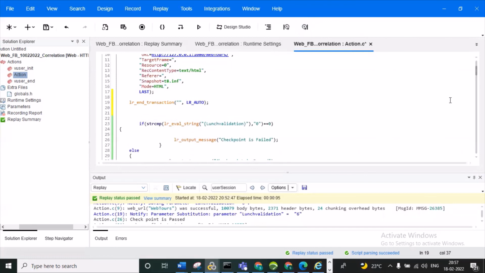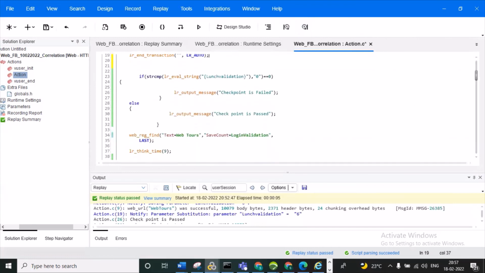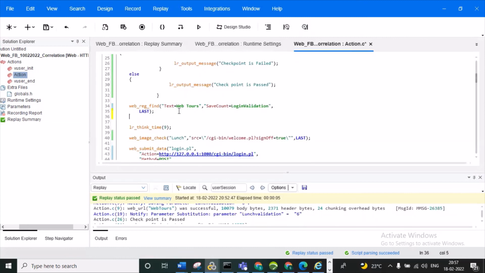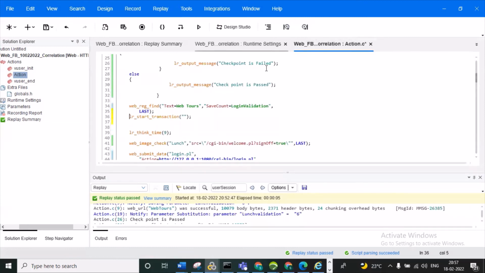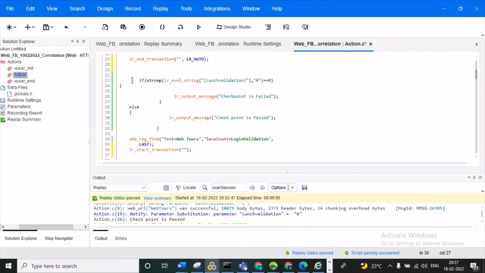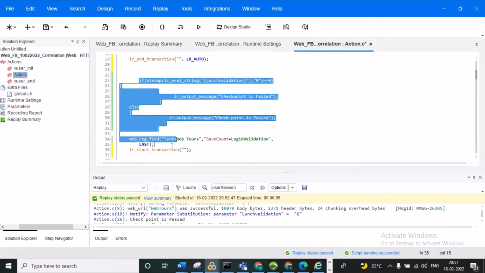End transaction. Here it will come as a start transaction, right? If you write code outside of them, it will not count toward the response time. It will not be included in this transaction response time.